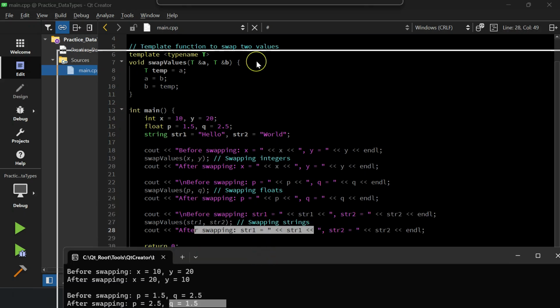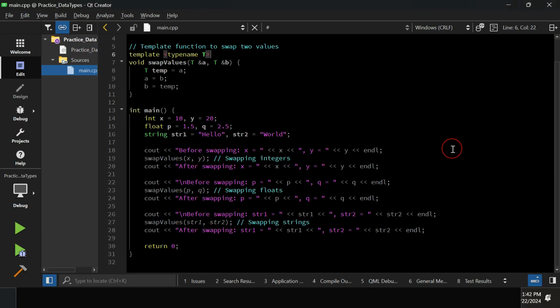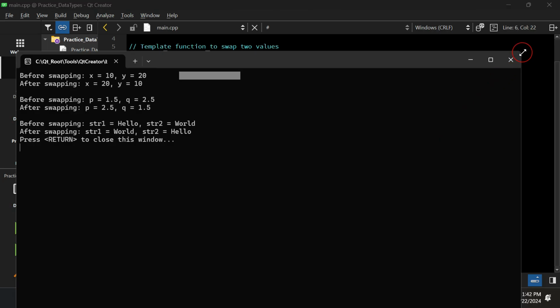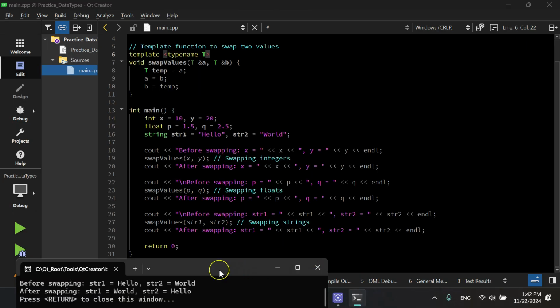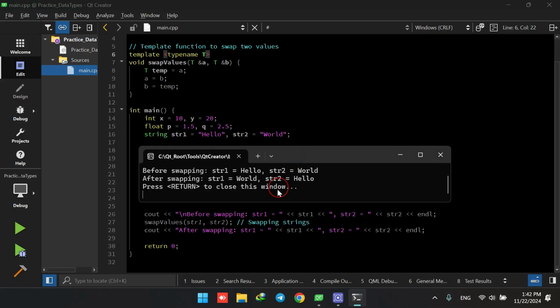And finally, let me just get it above here so it would also be easy. Oops, sorry. So, to also trace the program from here. Here we are printing str1 and str2. str1 is hello, str2 is word. So before swapping, it says str1 is hello and str2 is word. Then we call the function, we do the swapping here, and then after swapping, when we print, str1 equals word and str2 equals hello. We see that